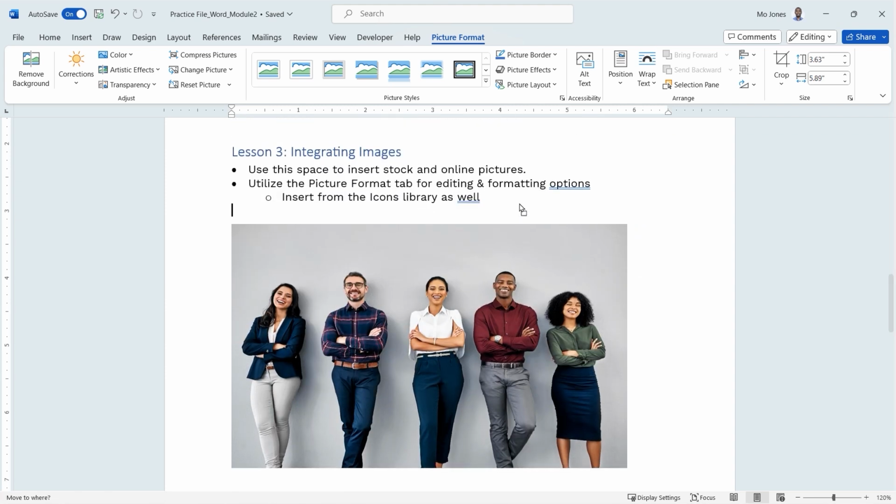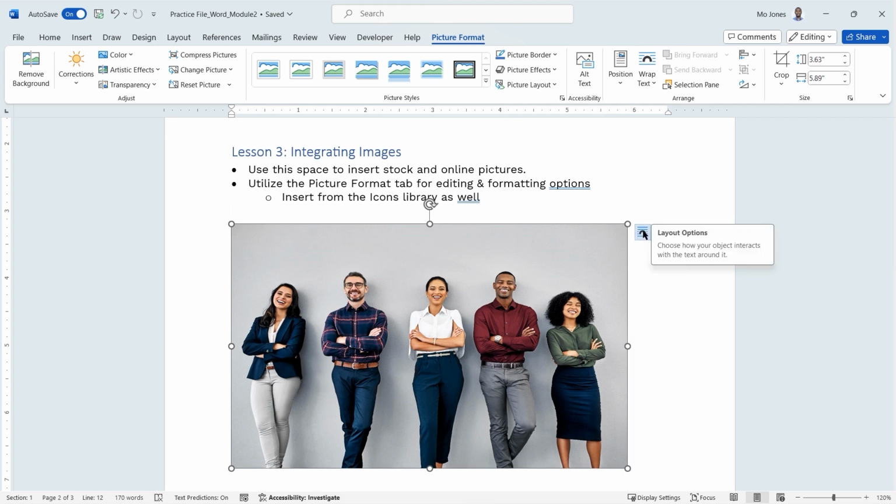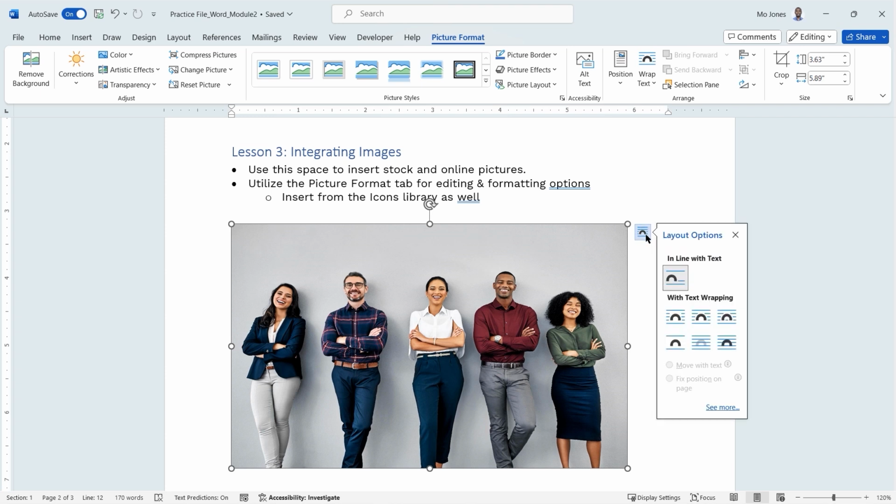So for me to move this, it's going to have to anchor it to another chunk of text. Well, I don't want that. So the first thing I need to do is choose the layout options. Now, when you insert a picture, it comes with inline with text, and that's why it makes it difficult to move. It's anchored to that location and that text on the actual document. So just change it with any of the other options here, and you'll notice you'll be able to move the picture freely. If I click on square,